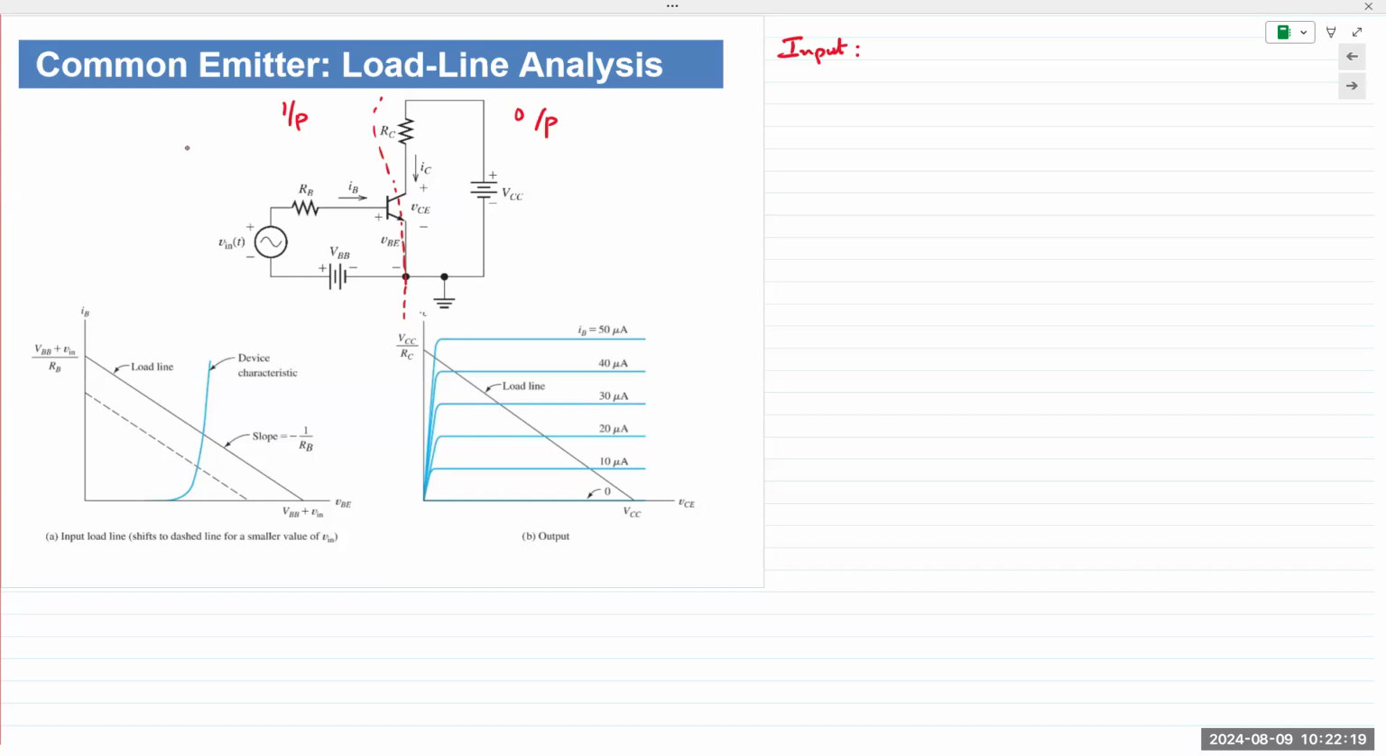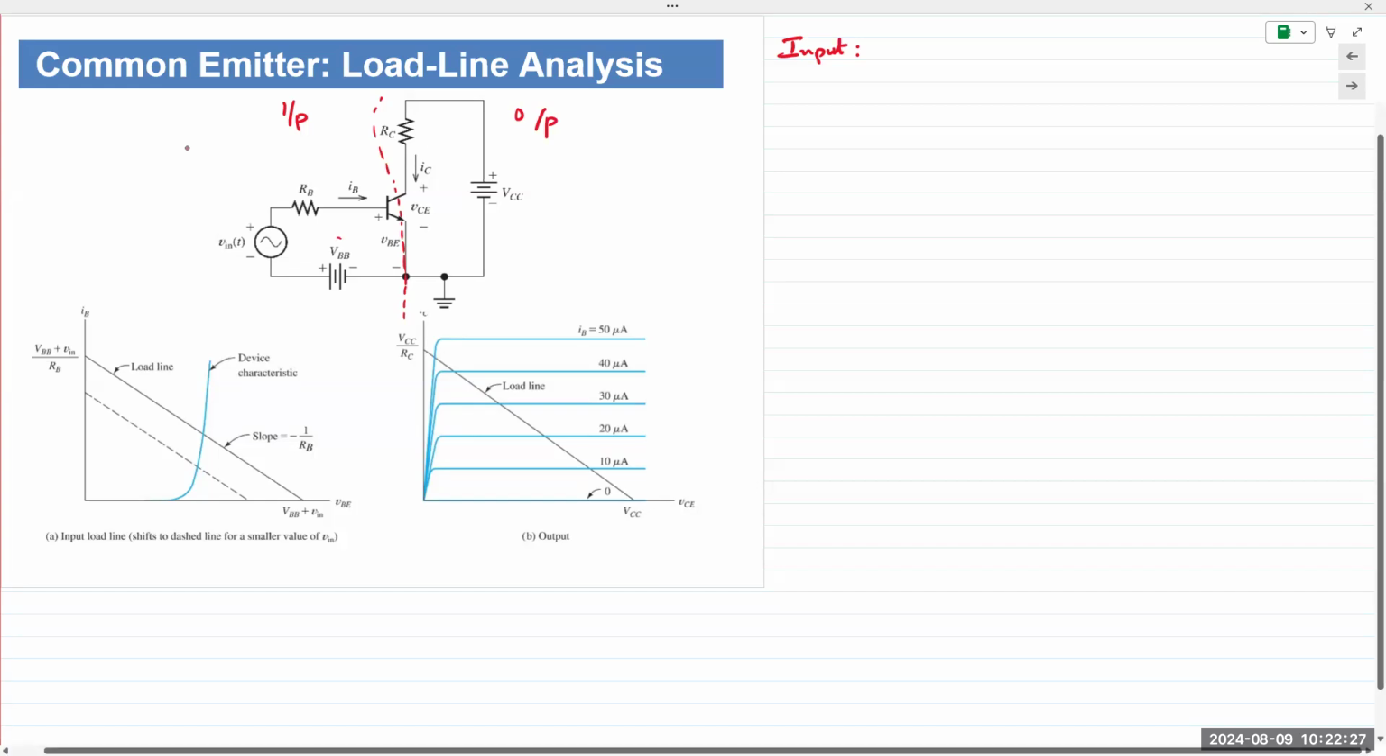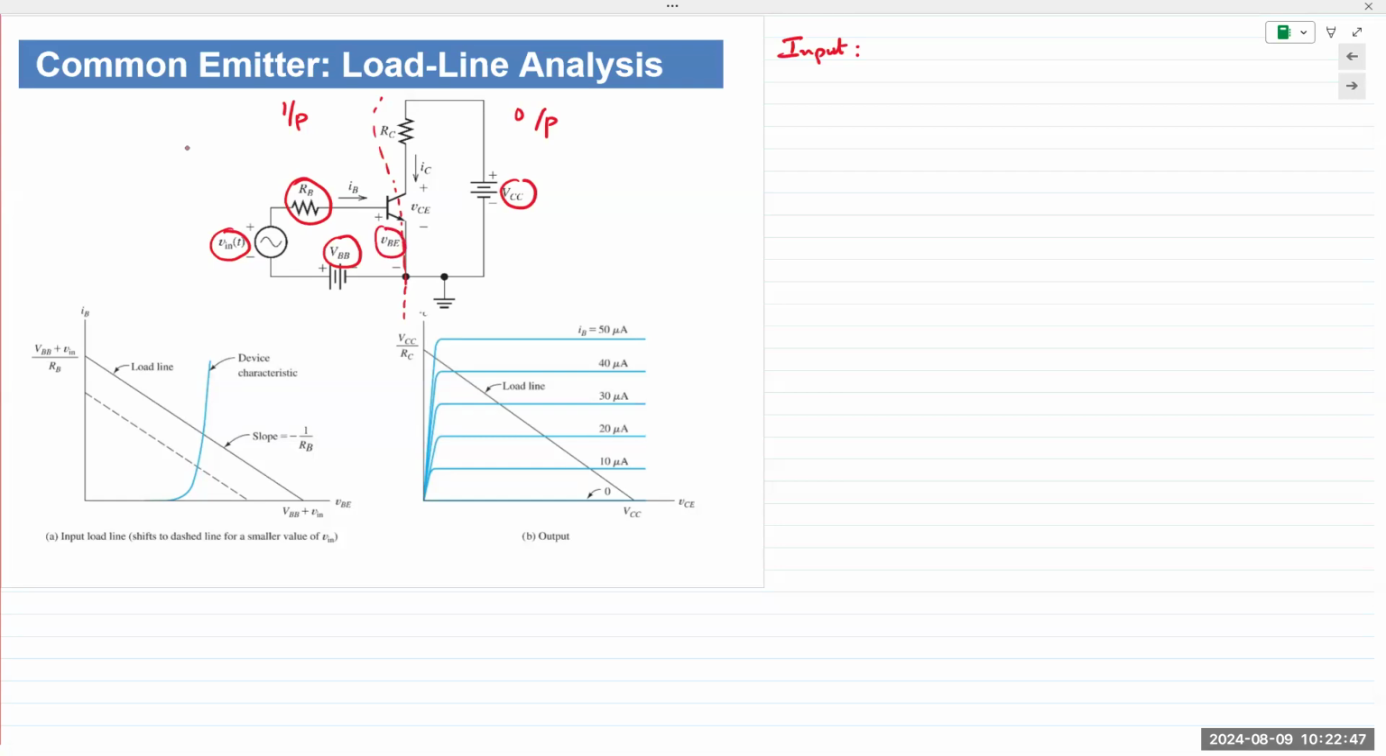KVL. We can sum up the voltages around that loop. If we wanted to, we could do KCL also, but now we have the voltages because we would know the applied voltages, we would know the applied signal, we would know the resistor value. The only unknown is VBE. So again, nonlinear elements, amplifier circuit, but circuit analysis techniques are still the same. They don't change. Okay, so we apply KVL